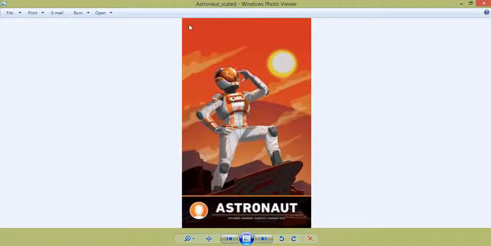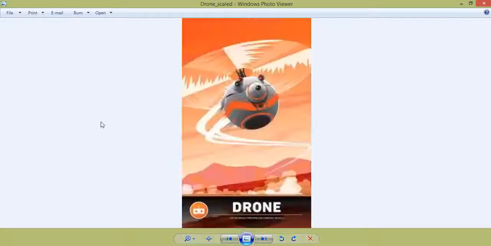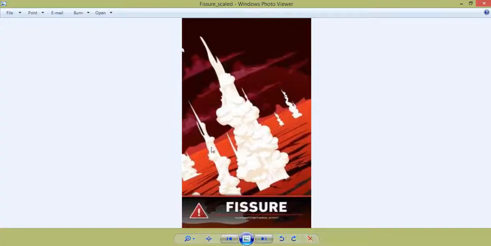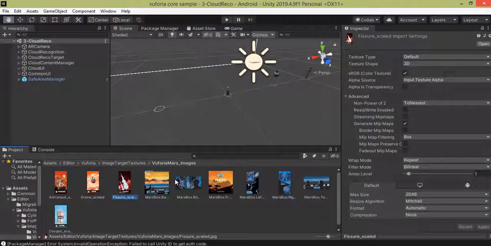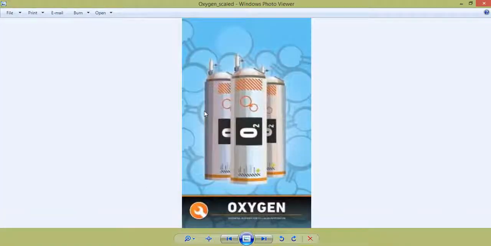If I place this image in front of the scanner, then the astronaut 3D model appears over it. This image is for the drone. If I scan this image, then the drone 3D model appears. And this is the Fusion image target. And here is one more, this image target is for the oxygen game object.